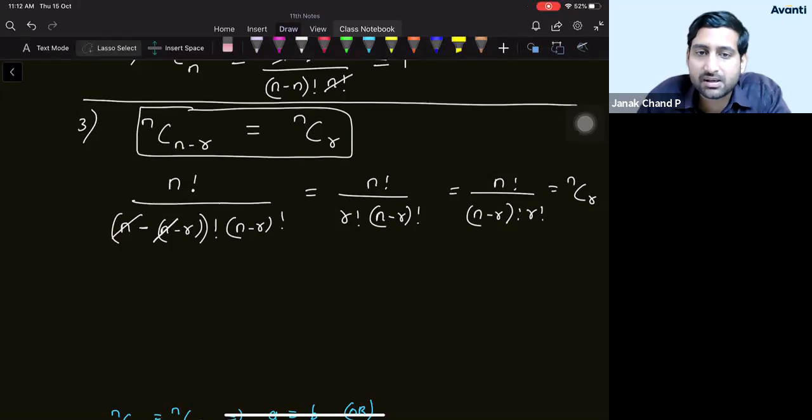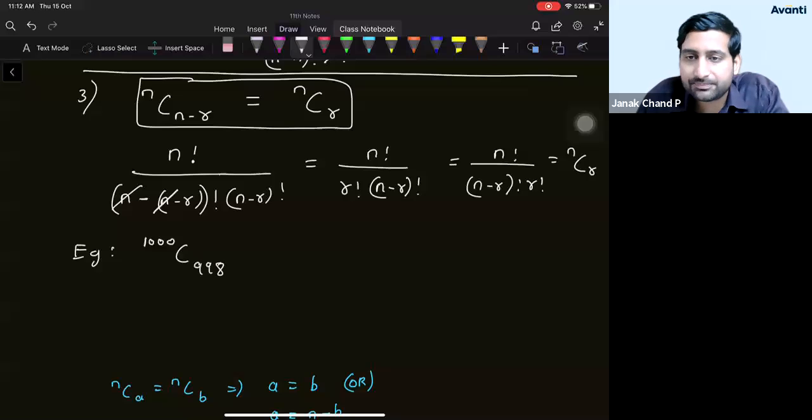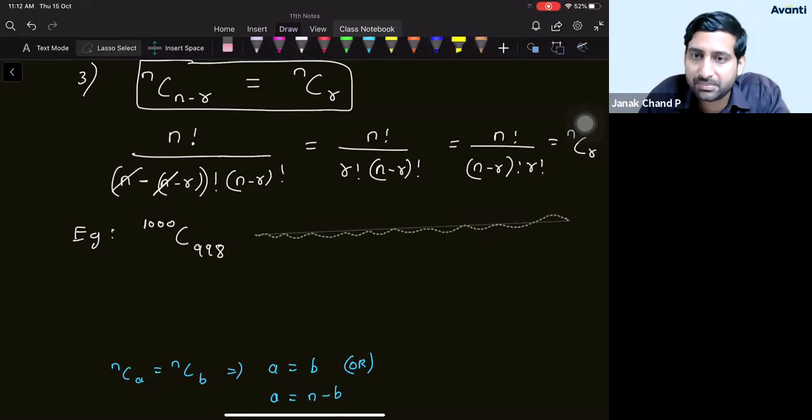The next thing that comes is when to use this formula. You should use this formula whenever this r is bigger. See here, I'll get an application of this. For example, let us say that I want to calculate 1000C998. If I have to calculate 1000C998 by the regular approach, I will start with 1000 and then multiply 998 numbers and divide that by 998 factorial. There is no doubt that multiplying such a big number of numbers and dividing by 998 factorial will be very, very lengthy.